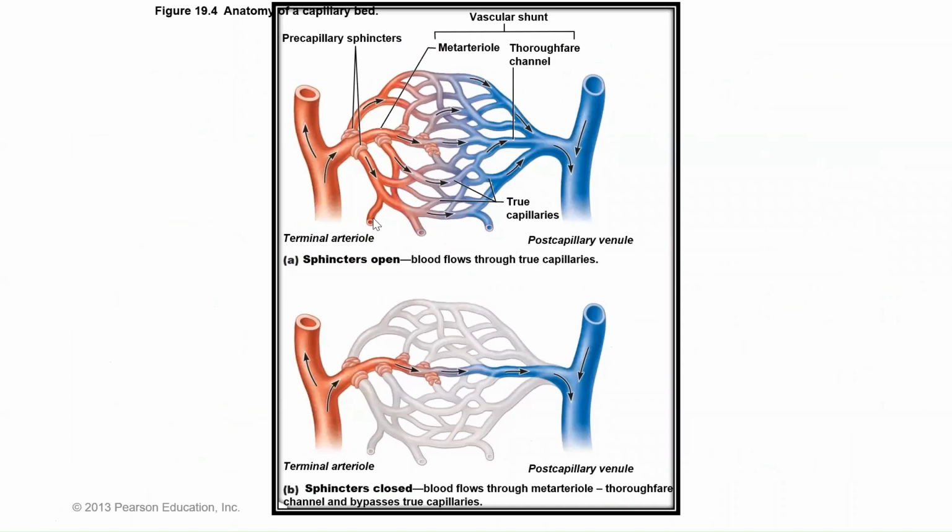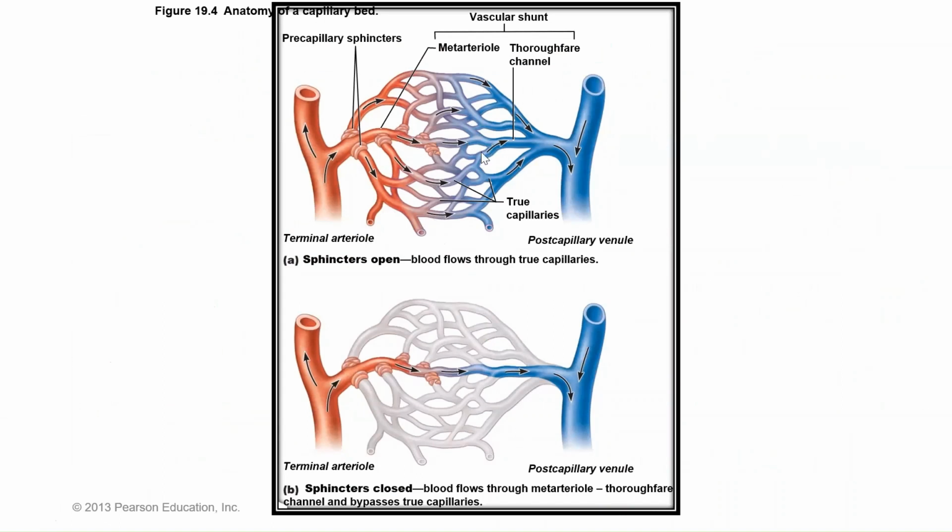The capillary beds, that is the network of capillaries, are present in all regions of the body, and each supplies the needs of the neighboring cells. All the capillary beds are not in use at the same time. For example, after a meal, the capillary beds of the digestive system will be open. Similarly, during muscular exercise, the capillary beds of the skeletal muscle tissue will be open and that of the digestive system will be closed. Most of the capillary beds have a shunt that allows the passage of blood from